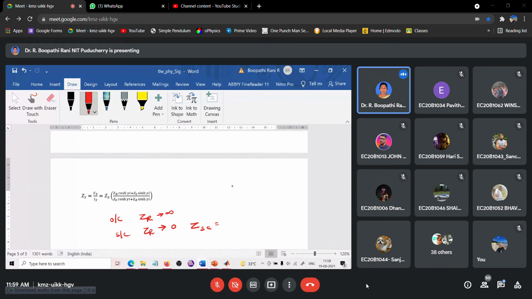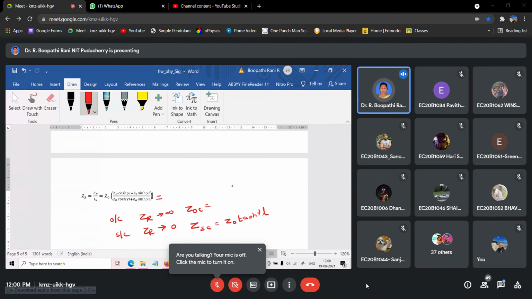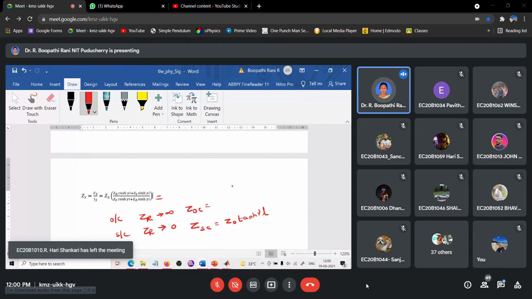What we get is sinh(γL) by cosh(γL), so Z0 tanh(γL). Fine. And for open circuited? Z0 times infinity, I guess. That way we should not do, because in both numerator and denominator the terms are present, it will not be indefinite. So we can take the term outside. ZR is going to infinity, so ZR can be taken out and cancelled first. I am taking ZR outside from the numerator and denominator.